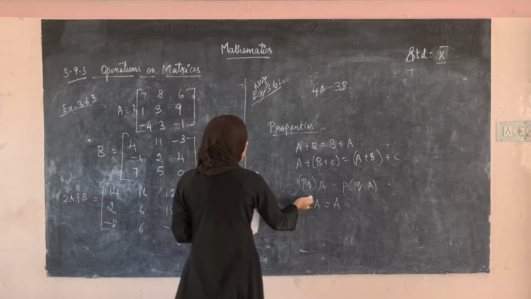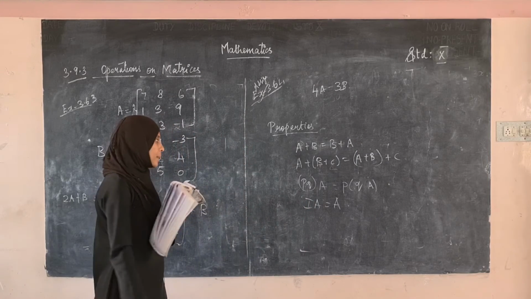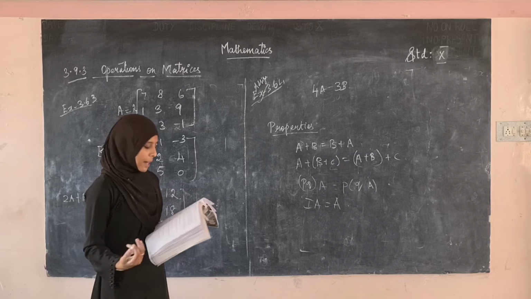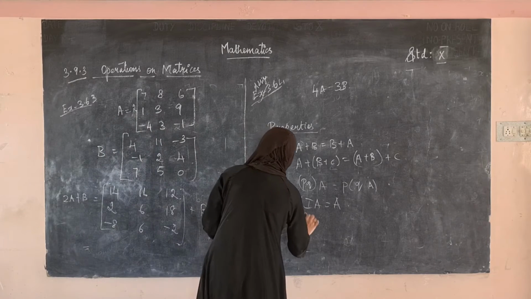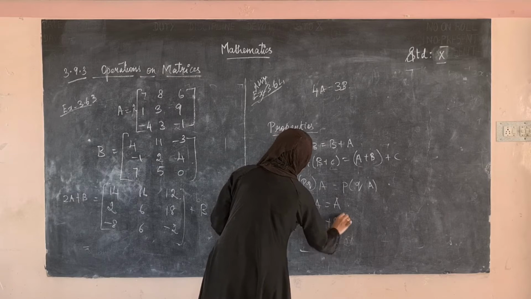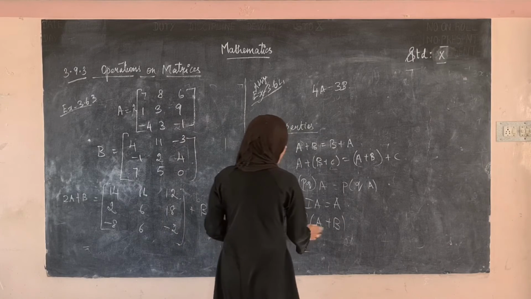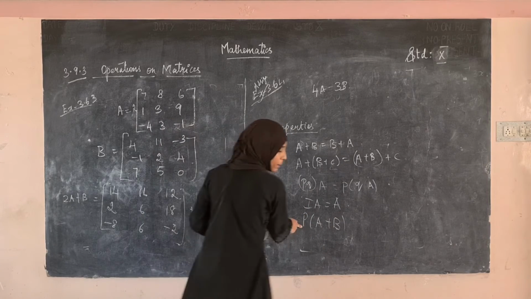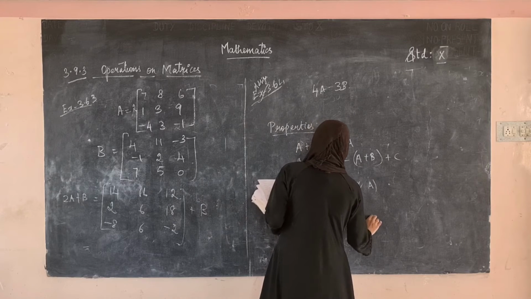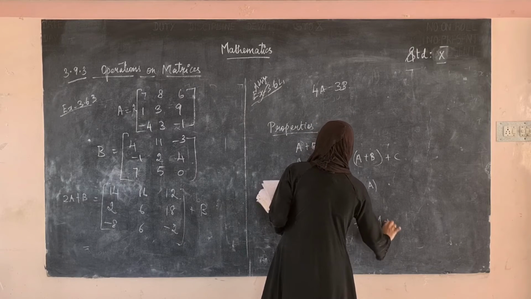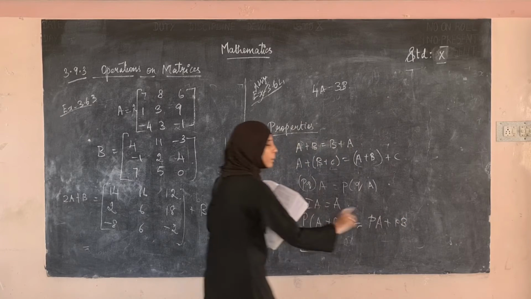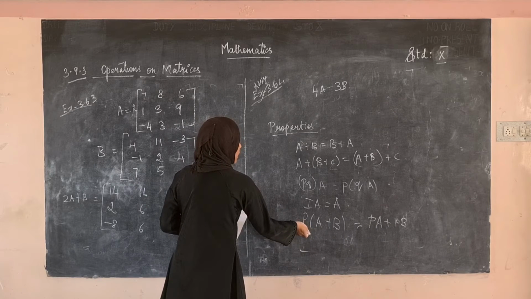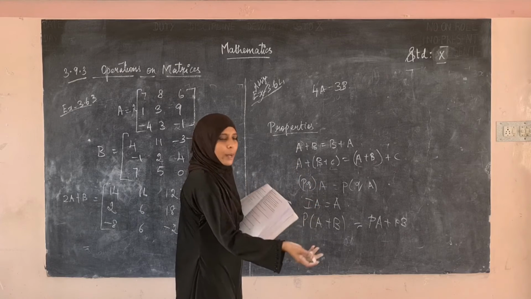This is the important property of algebra, which is the identity property. Identity means we have seen the identity matrix in the last class, right? If we multiply the identity matrix with a given matrix, we arrive at the resulting matrix A. Now see here, this is the distributive property of scalar. P into (A plus B): either you can add both matrices and multiply with P, otherwise you can multiply P with A and again P with B and add both matrices. The resulting matrix will be the same. This is the scalar multiplication with two matrices.